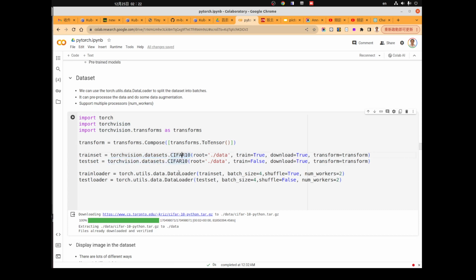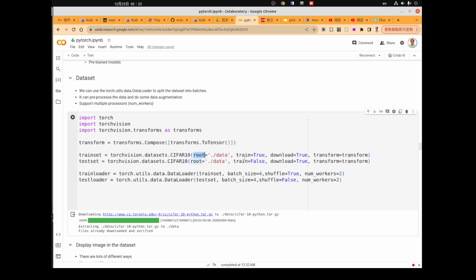This function will help us grab the data of the dataset and save it under the root folder, which is set by the root argument of the CIFAR10 function.